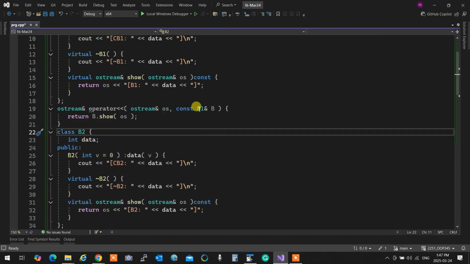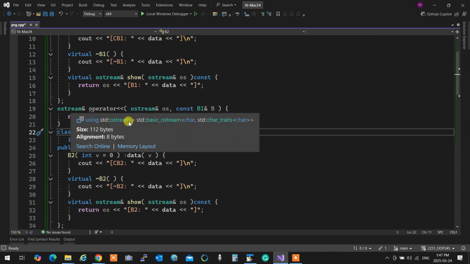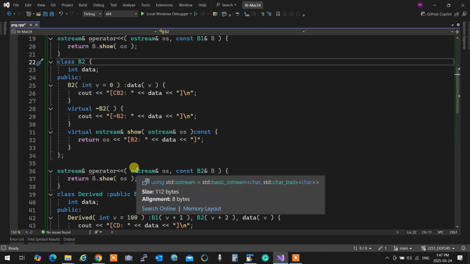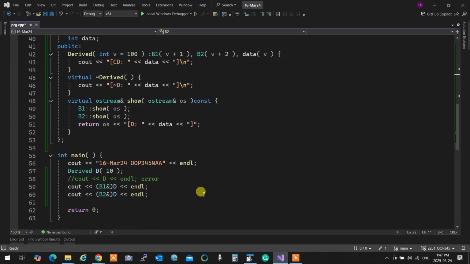One inserts B1 into ostream, the other one inserts B2 into ostream. Now, if I want to use virtuality as I used before, and I print the derived one just with cout, the compiler doesn't know which one to choose. But as soon as I cast it to one of the two, then everything is okay.